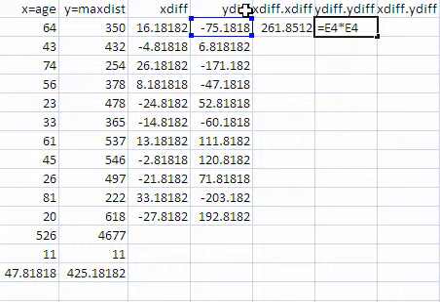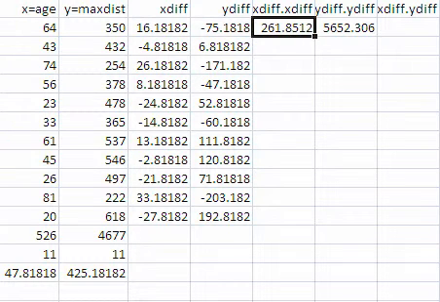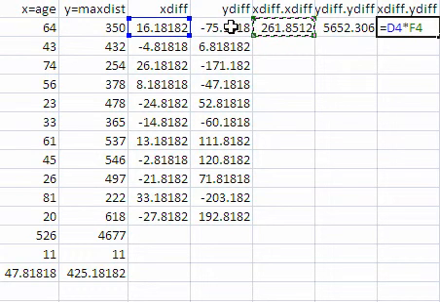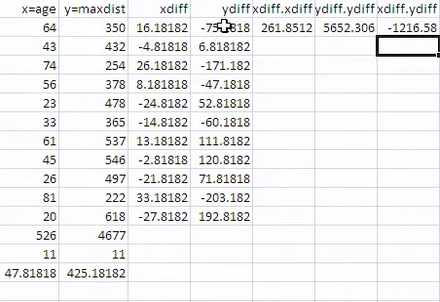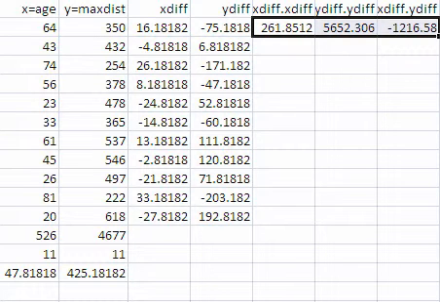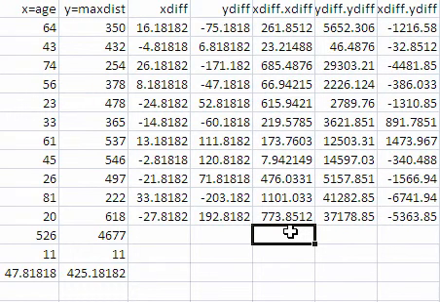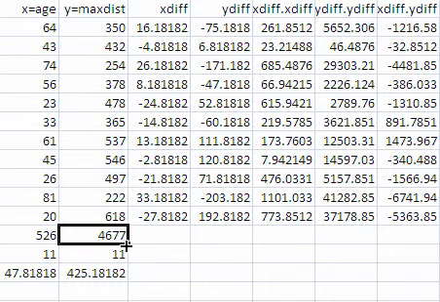This is E4 times E4. This one is D4 times D4. For the cross product, x diff times y diff equals x diff times y diff. There. Now we copy these equations all the way down. In this case, we sum them. Let's copy this sum equation across,